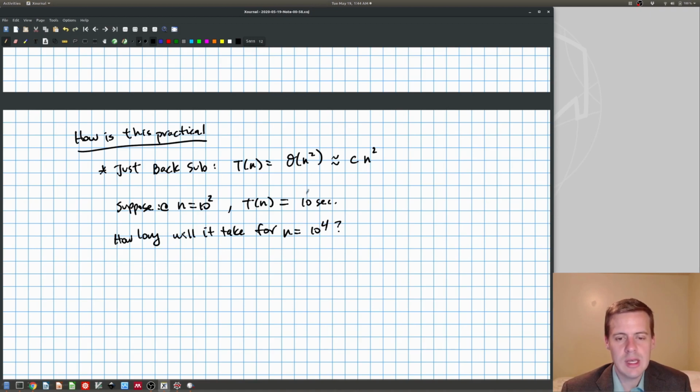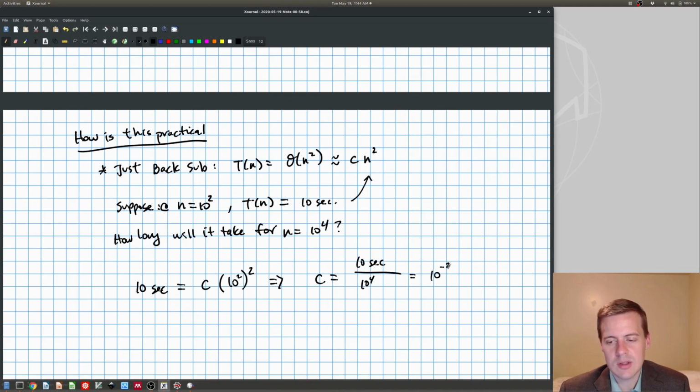the most straightforward is I can just equate these when I know that n is 10 to the 2. So I can say 10 seconds is equal to c times n squared, which is 10 to the 2 squared. Now I can solve for c. So c is going to equal 10 seconds divided by 10 to the 4th, which means this time constant is 10 to the minus 3 seconds. So that told me that,